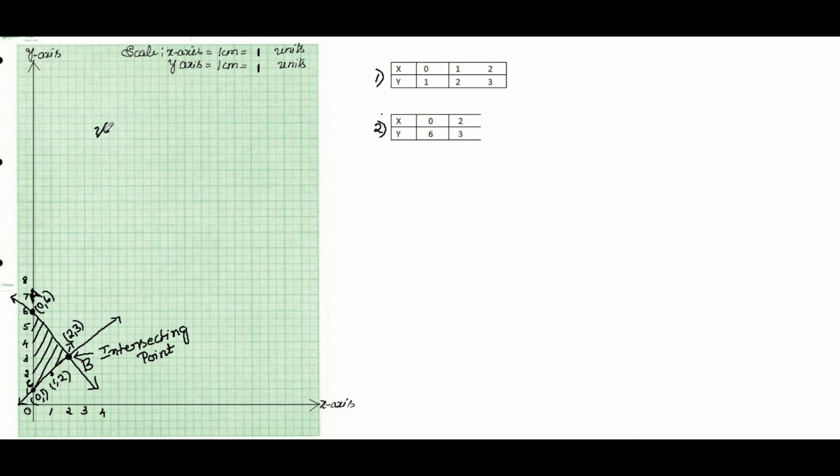So you need to write the vertices of triangle ABC. Here A point is 0 comma 6, B point is 2 comma 3 and C point is 0 comma 1. So these are the vertices. They have asked in the question that we need to find out the vertices of a triangle. So these are the vertices and you have to write that these lines are intersecting, because the lines are intersecting, the graph is there. And because of this intersection itself, a triangle has been formed here. Okay, so this is the point.